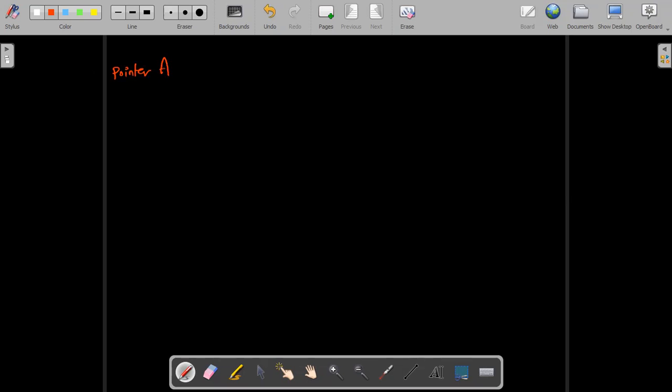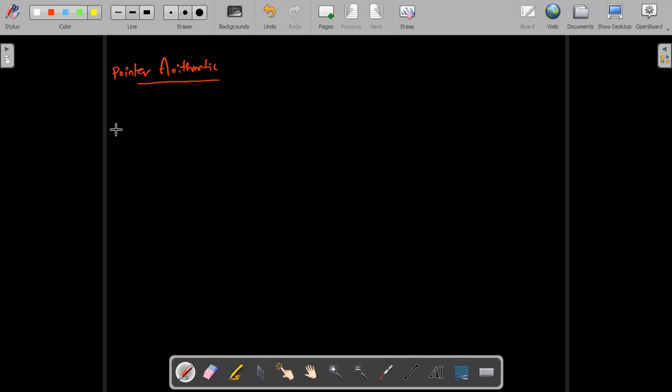Pointer arithmetic. In pointer arithmetic, we will see how pointers work, like doing increment, decrement, and moving to the next element. We will also see addition, subtraction, and constant addition. Let's take a small program. So let's take a main here,